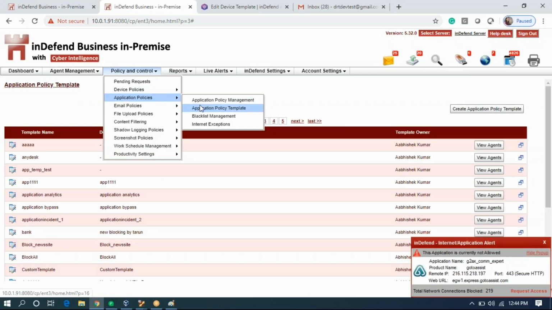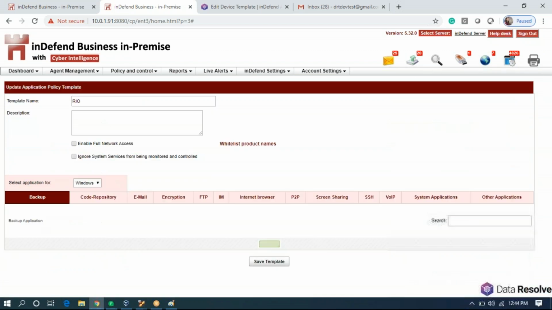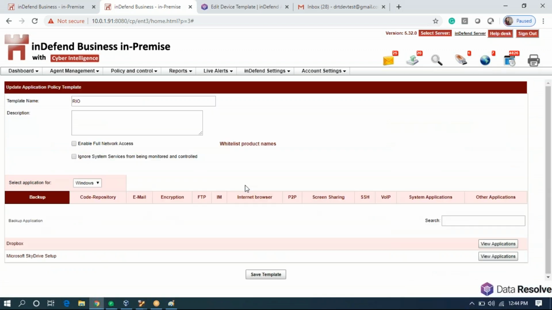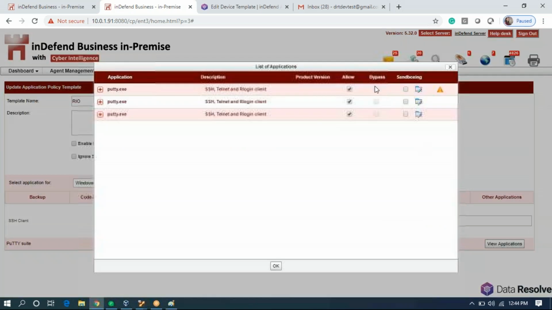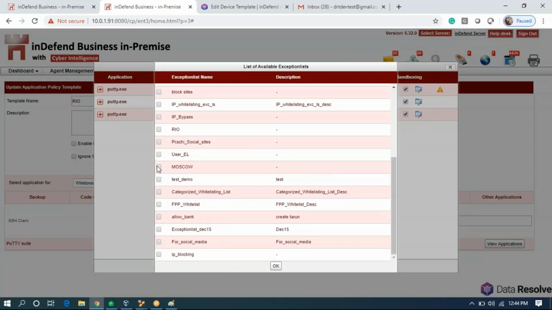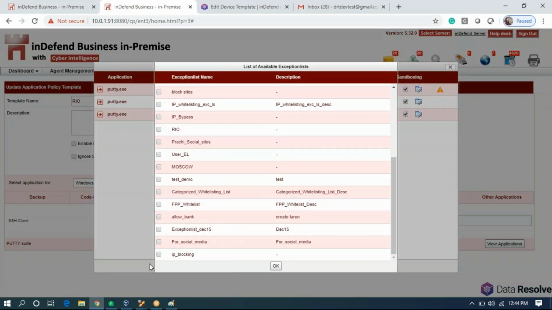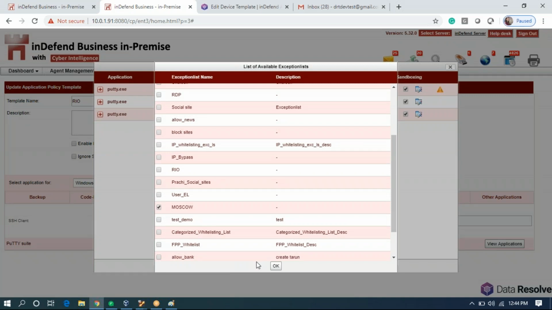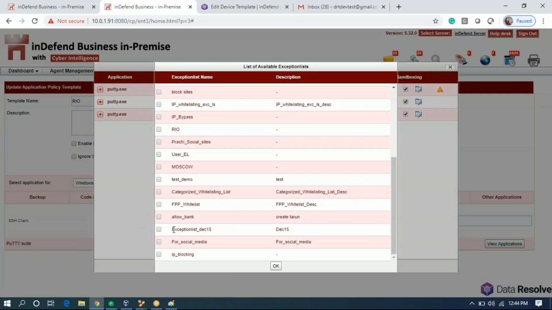I'll go to application policy templates. I will open our template. I'll go to PuTTY application. I'll enable sandboxing and I will choose our template. Now PuTTY application will only be able to establish connection with 192.168.1.101 IP.